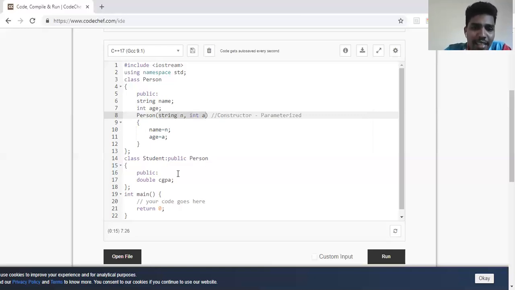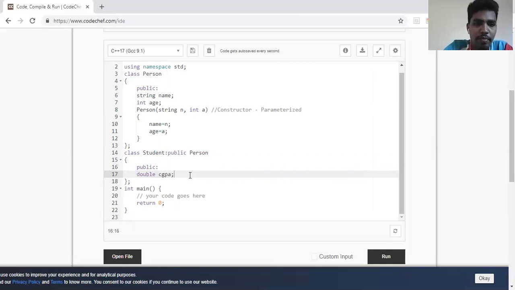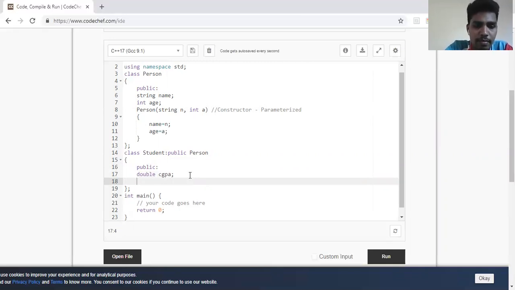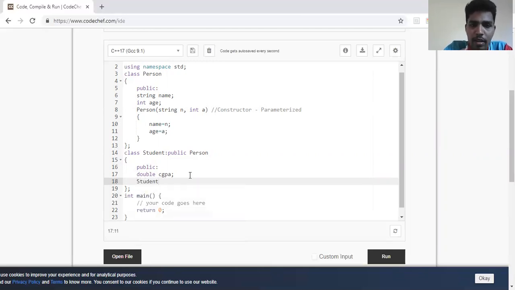Okay. And in this particular concept, if you see here, double CGPA, it is just taking one CGPA. So what I can do here is I'll call the student constructor.